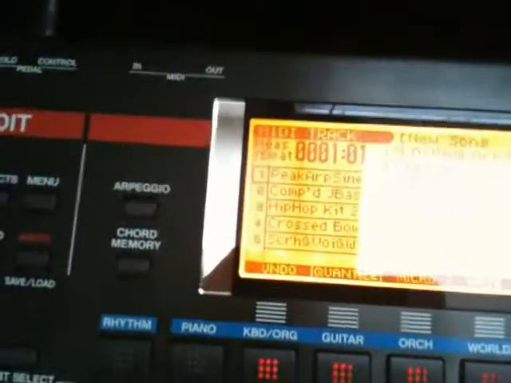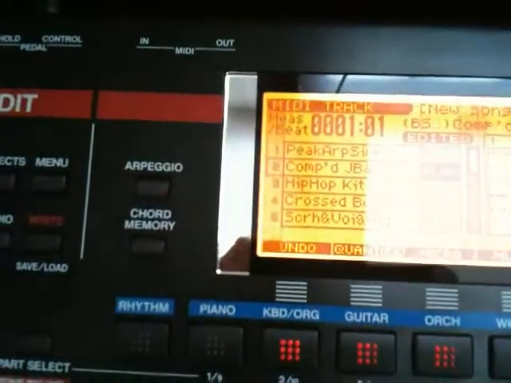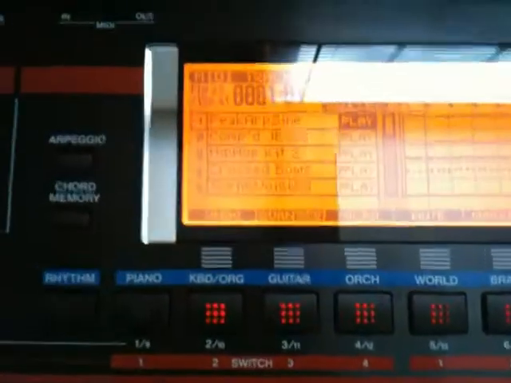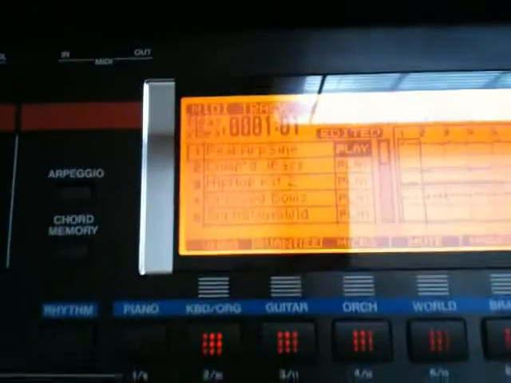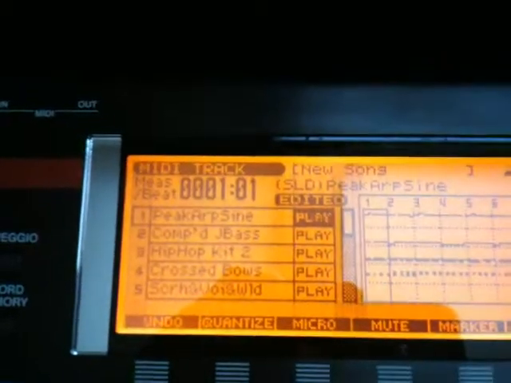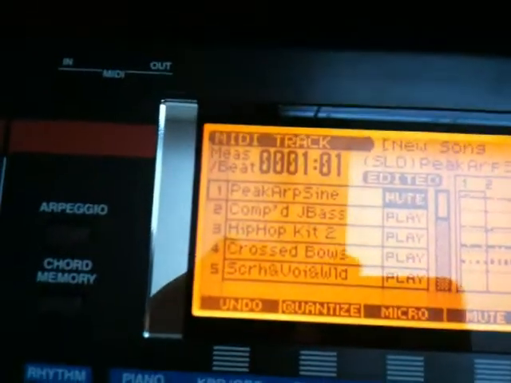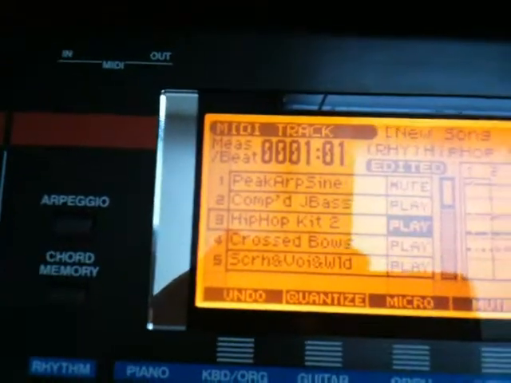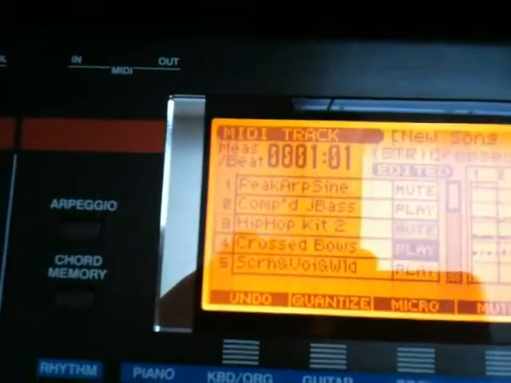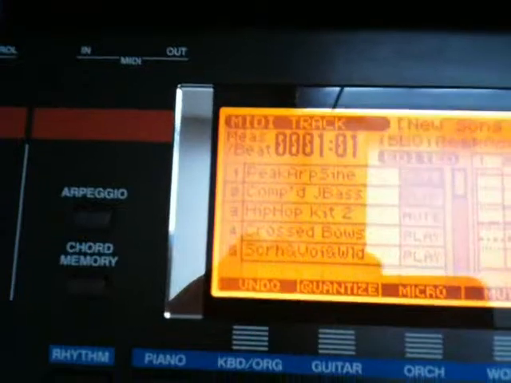And then the only other thing I would say is, if you want to have an intro and you're playing this live or whatever, you can use these play or mute toggles. I'm just turning the switch to toggle some of the sounds off. So I'm going to turn the lead and the drums off. And now if you hit play,